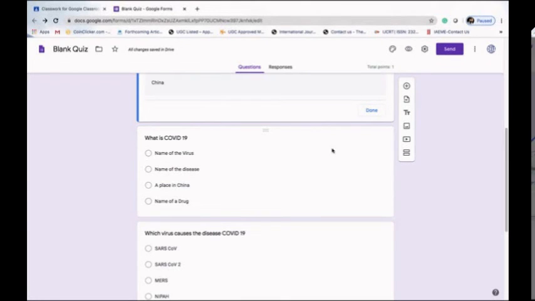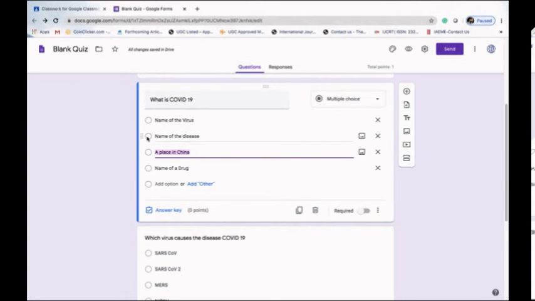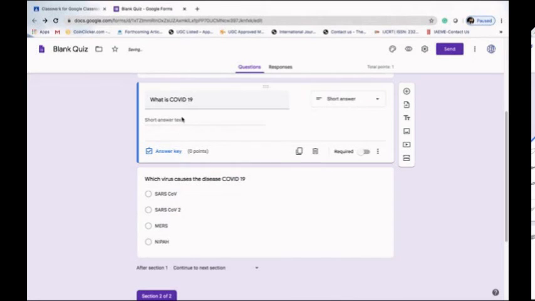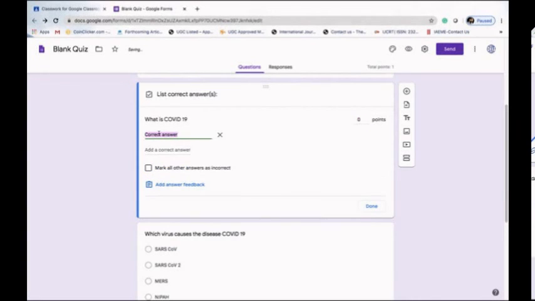What is COVID-19? Suppose in this case, it is the name of a disease. But I don't want this question as a multiple choice question. I can make it a short answer, so the student has to write the answer. Okay, and in the answer key, I can add the correct answer: is it a disease?